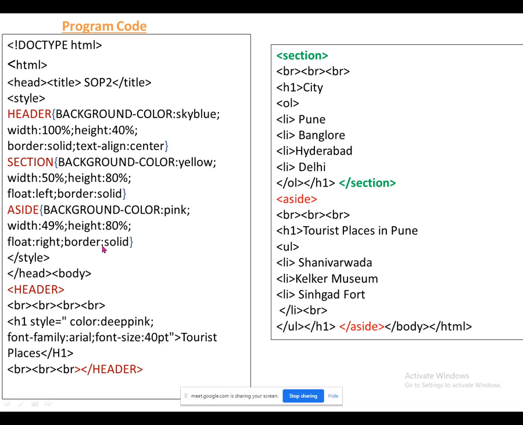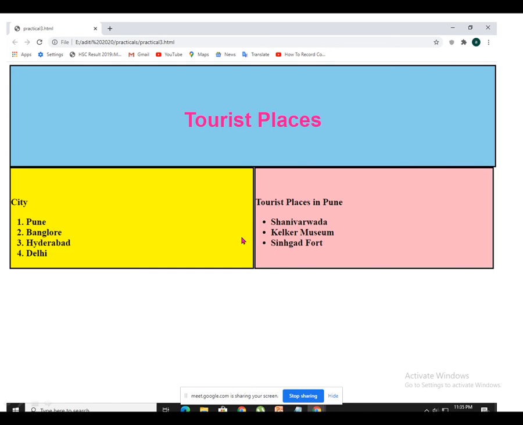So this second experiment you have to remember, because for 15 marks, can you imagine these simple questions you are getting for 15 marks. So all of you can try these questions. See the output you are getting here. The header part you are giving with 3 properties: border solid, background color sky blue, and then text align center.